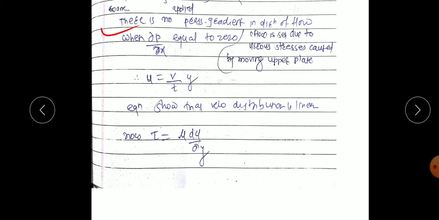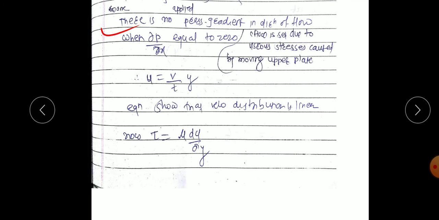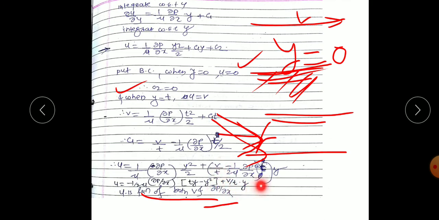So we can assume a plate or a car body or an airplane wing is moving with a high velocity. So fluid nearer to the contact will also move with the same velocity. There will be no applied pressure there. If we assume no pressure gradient, u will be a function of only the moving plate velocity. So here delta p by delta x becomes 0 if there is no pressure gradient.